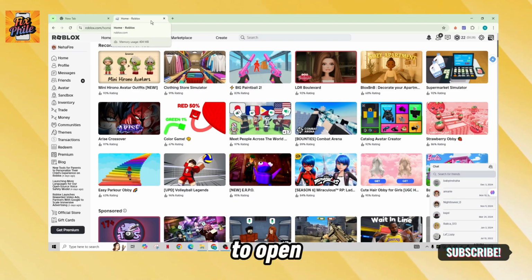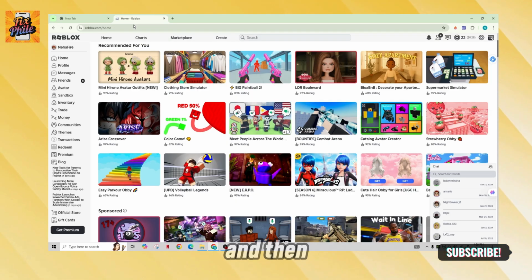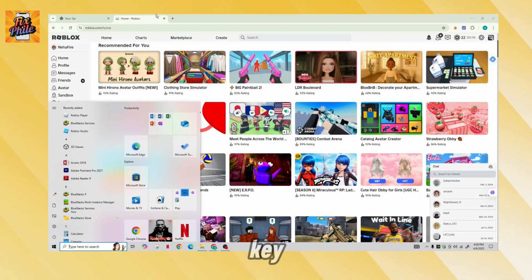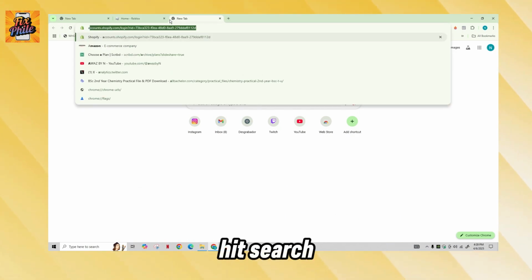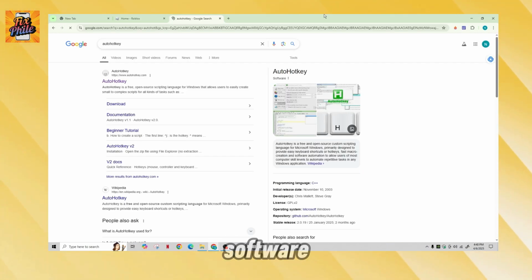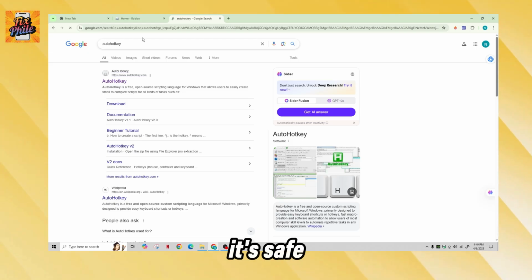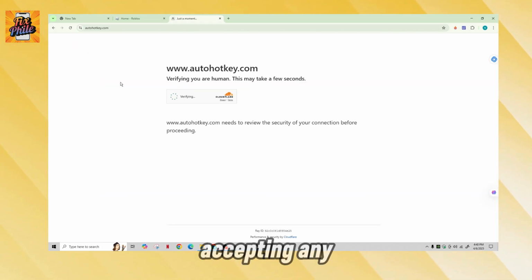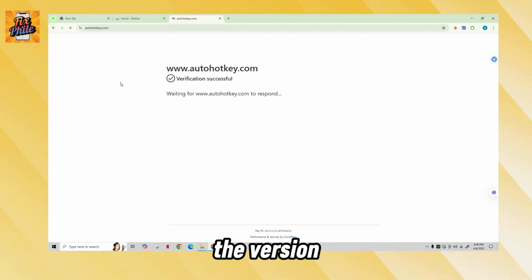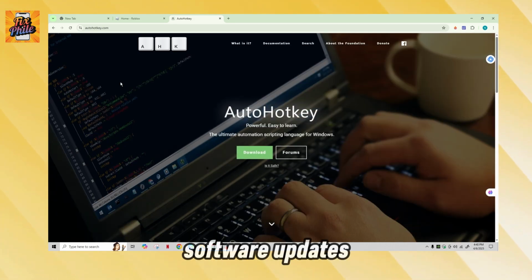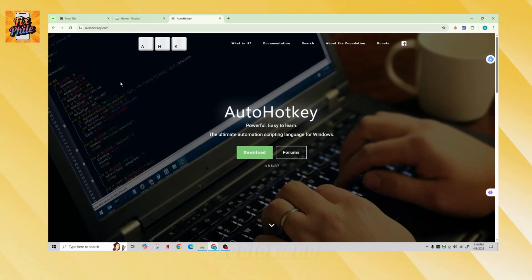First of all, you need to open your Google Chrome web browser and then search for AutoHotkey. Once you hit search, click on the first link and download the software. It's safe, so install it, accepting any prompts. The version number may be different as the software updates, and once installed, go back to Roblox and open a